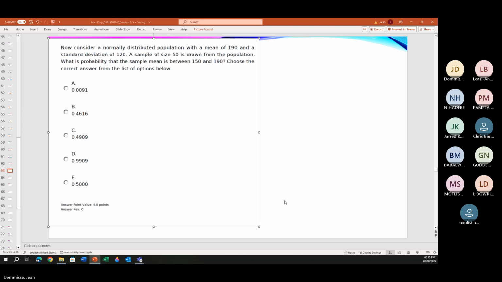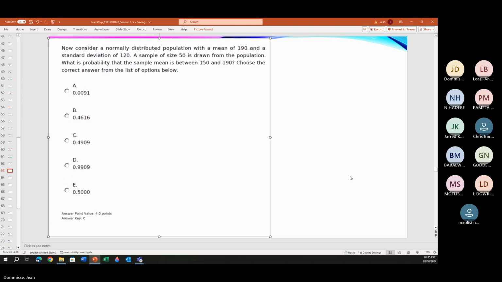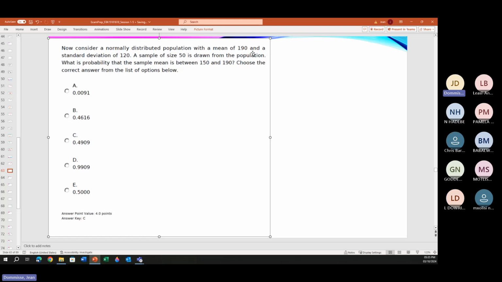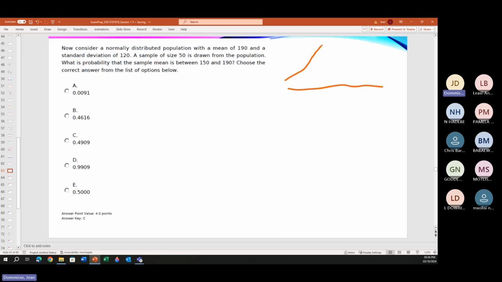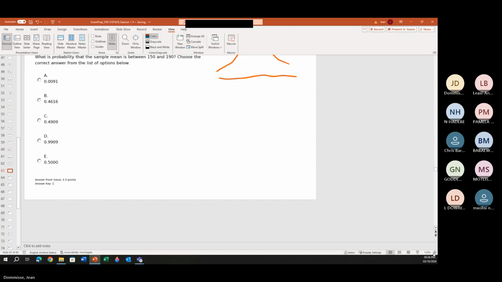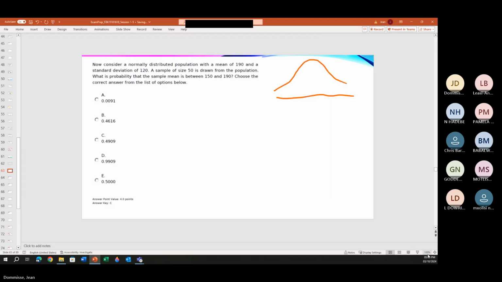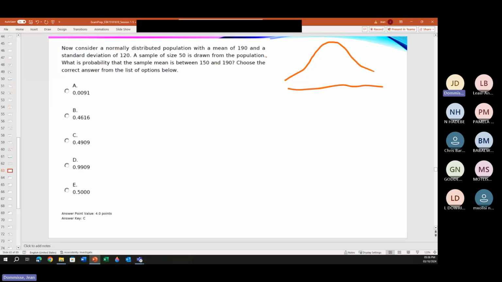Okay, so now we nearly look at the same information, but now they're taking it a step further. So now consider the normal distribution with a mean of 190 and a standard deviation of 120. A sample of size 50 is drawn from the population. What's the probability that the sample mean is between 150 and 190? Okay, so what they basically want us to work out is, if we first look at the mean,